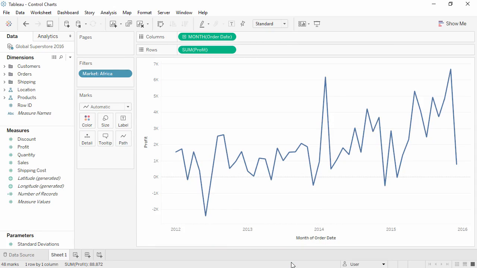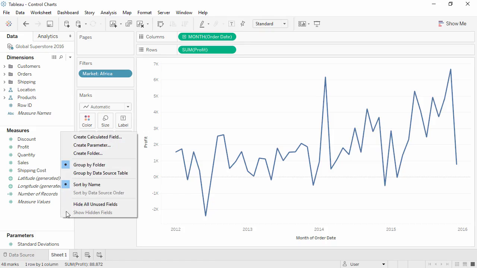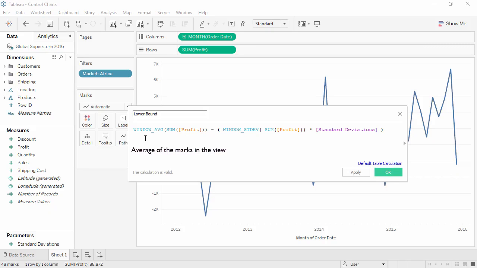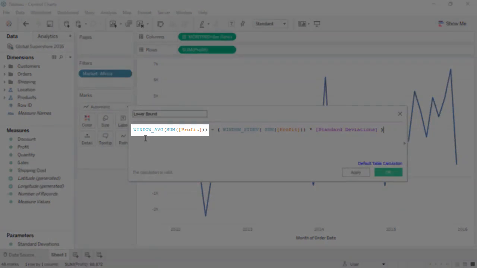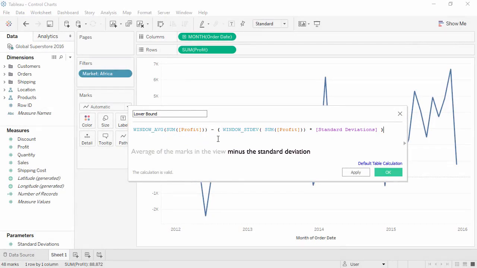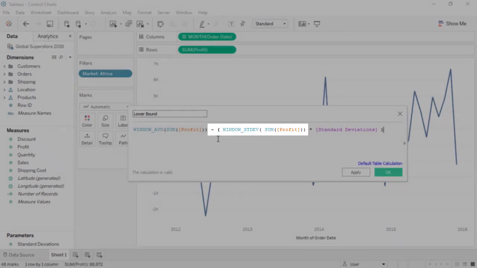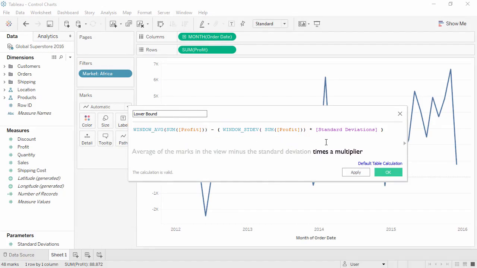Second, we'll build a calculation for the lower bound. Right-click and create Calculated Field. We'll name it Lower Bound and enter our calculation. This says, take the average of the marks in the view, that's the window average of the sum of profit part, and subtract the standard deviation, calculated by the window standard deviation of sum of profit, times whatever multiplier is